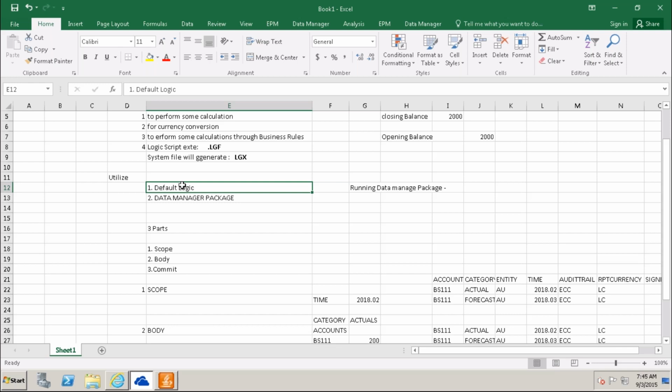Now, for the data manager package, we specifically mention the script logic in the data manager package.